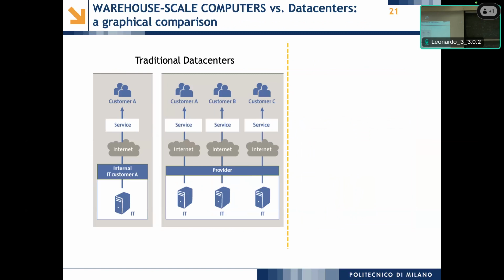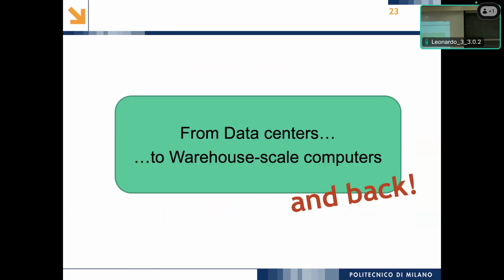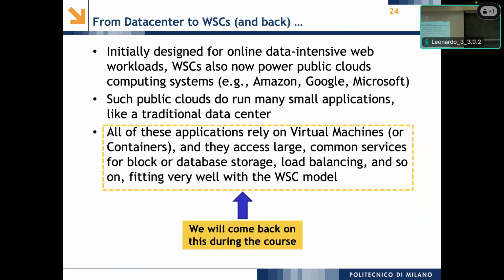But nowadays what happened is the following, right? We have a traditional data center and warehouse scale data centers that are also becoming cloud providers. Okay, and in the cloud you also run applications that are not warehouse scale. The single application interacts with few, right, and they are heterogeneous between each other.